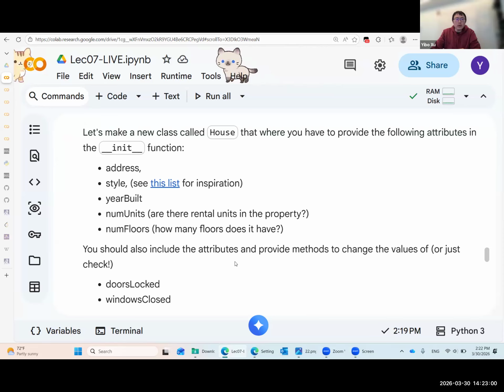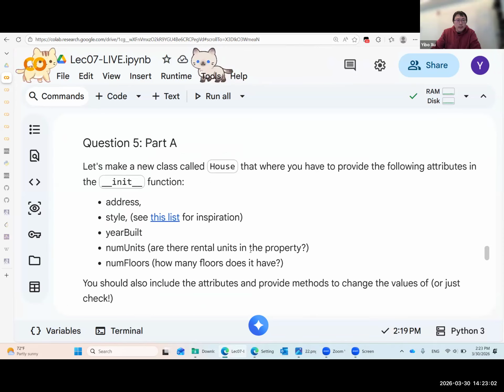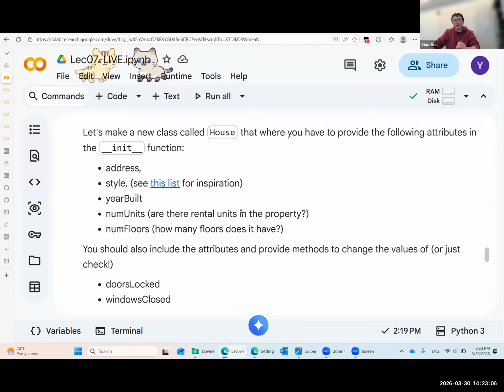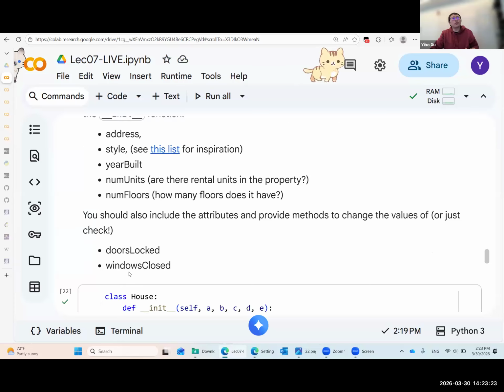Okay, now that's OOP, question 5. So yeah, I think part A for question 5 is kind of systematic. Make sure to design the attributes as they specify: address, style, year built, number of units, number of floors, right? And then make sure to get the